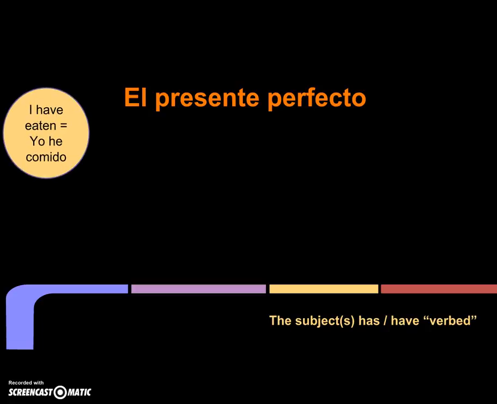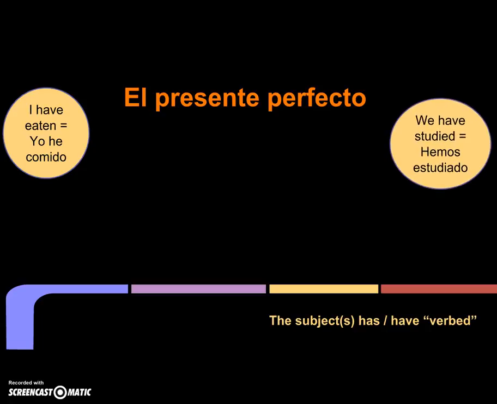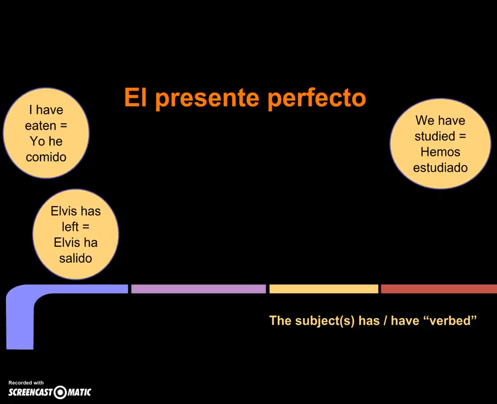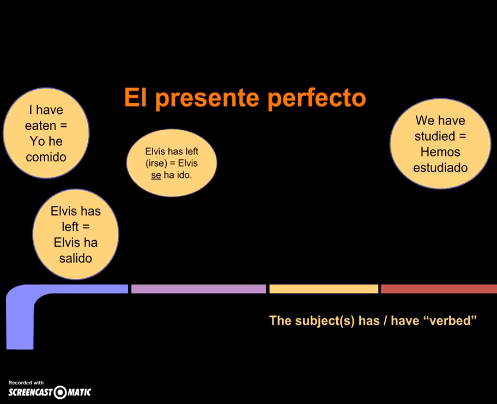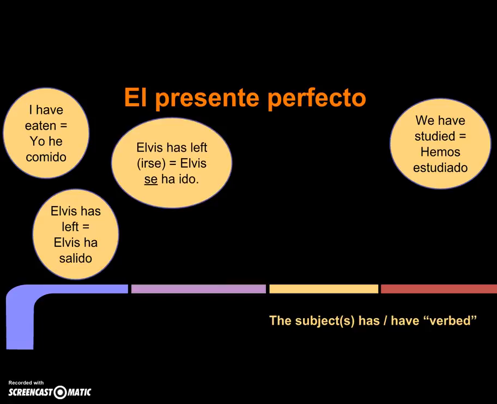So here's some examples. I have eaten. Yo he comido. We have studied. Hemos estudiado. Elvis has left. Elvis ha salido. Here's another, Elvis has left, this time using a reflexive verb. So you can see what we do with a reflexive. Notice Elvis se ha